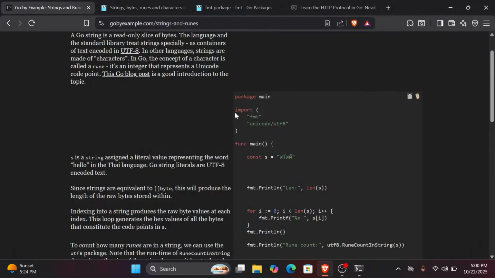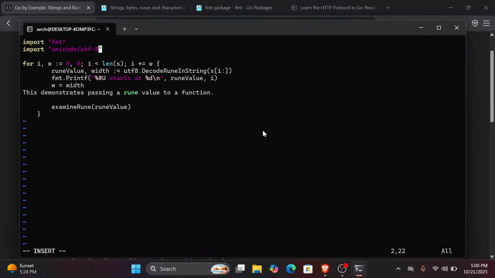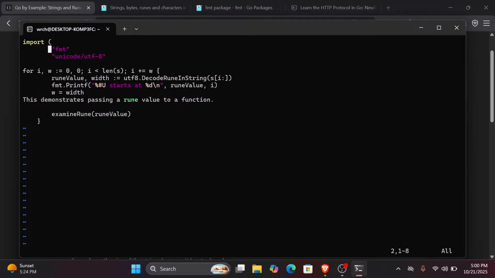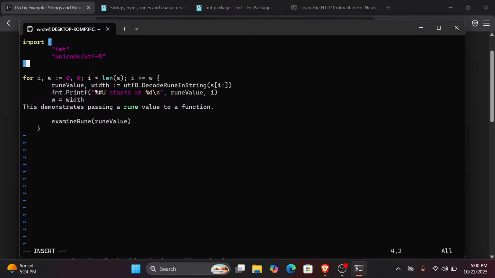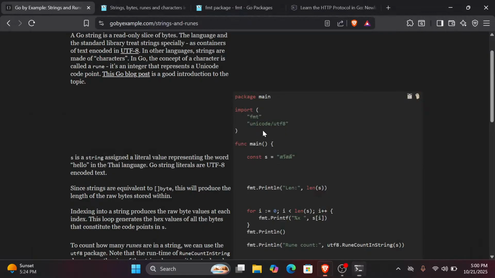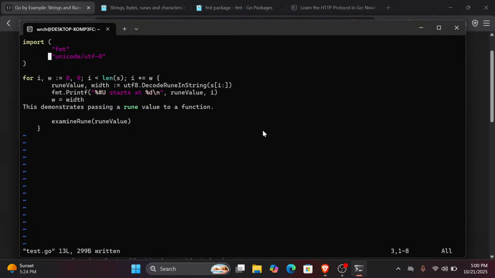Oh, you have a nice syntax for multiple imports. You don't have to write imports again and again. Unicode slash UTF, and